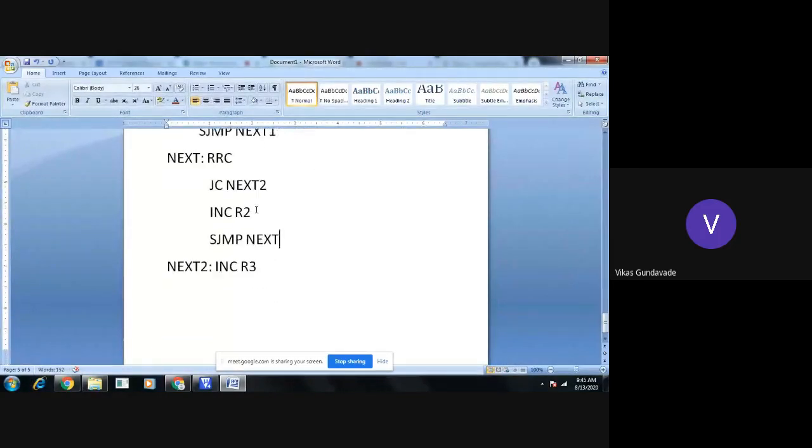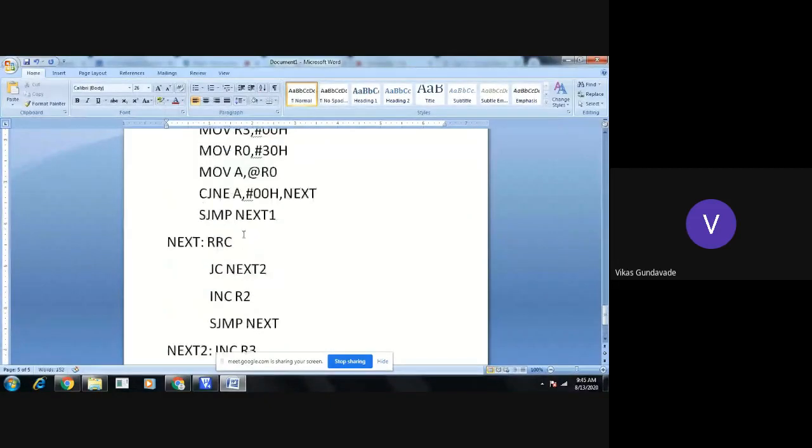Now, if the carry is generated, it will jump from this location to this location, skipping INC R2. So here we will increment R3. Previously we compared the accumulator contents with 00, so this step is over.